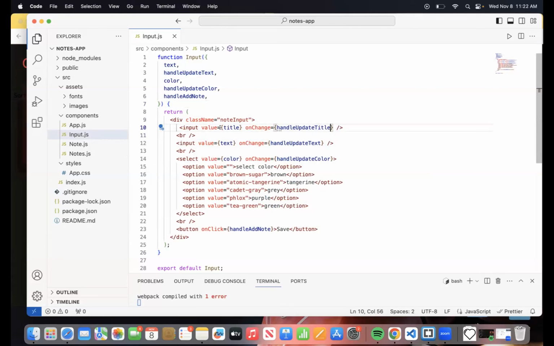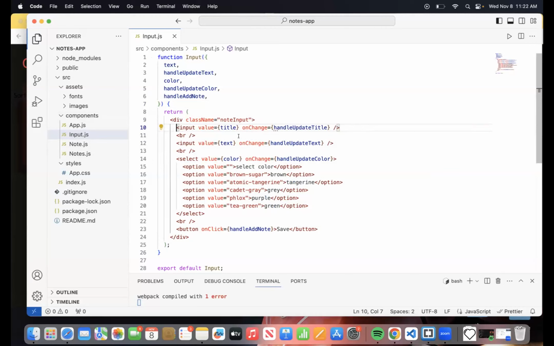Again, I'm going to be creating the functions in the main application, in the main file, app.js. So for now, I'm just assigning the props, or events. Okay, so there's the title.